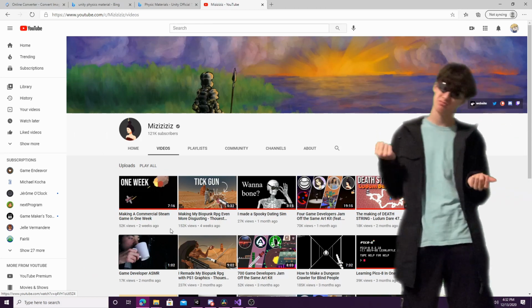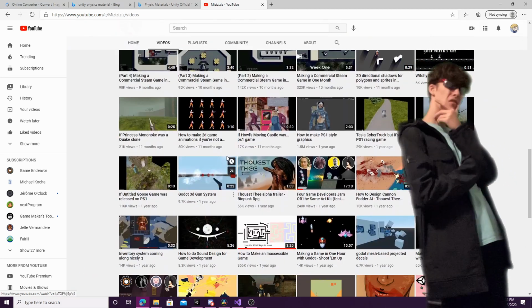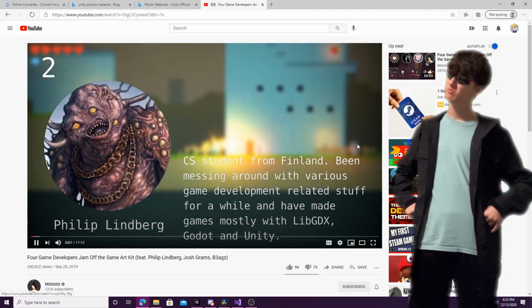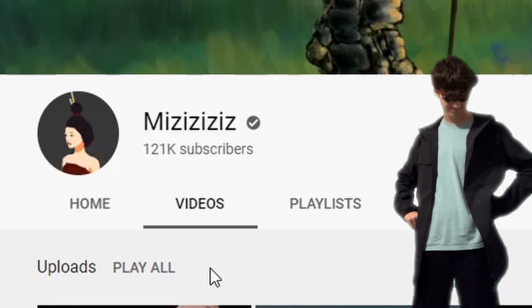has recently been doing something where he would get a couple game developers and they would choose an art pack. Then they would have to use that art pack for the games. We each have to make a game using the same art kit. Now, I think that was a really fun idea, but I wanted to do one too. Obviously, Mizman isn't gonna let a 48 subscriber game dev like me participate in his jam, so we're gonna make